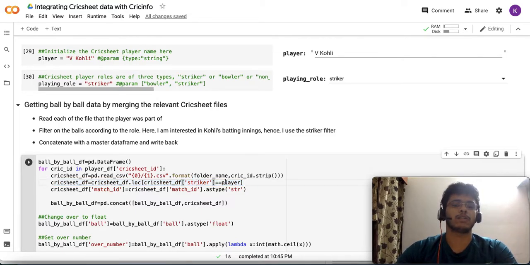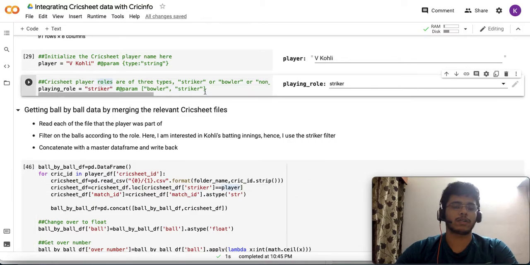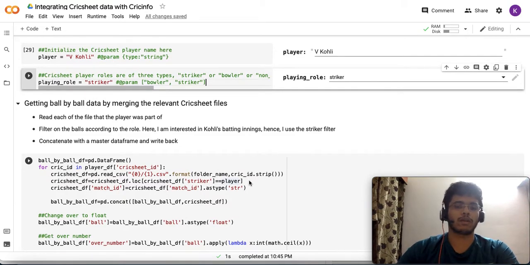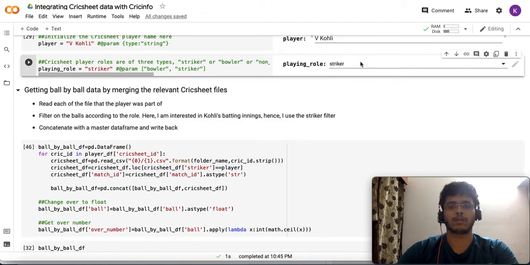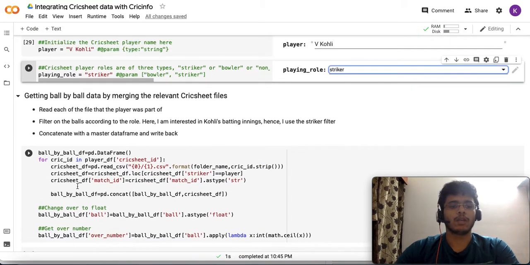So striker is equal to player, and player is V Kohli here. I'm not even taking the playing role into consideration actually. This is just a dynamic initialization I did, but I didn't end up using it. I'm just giving the flexibility so that if somebody wants to see bowler stats, they can do that here as well.